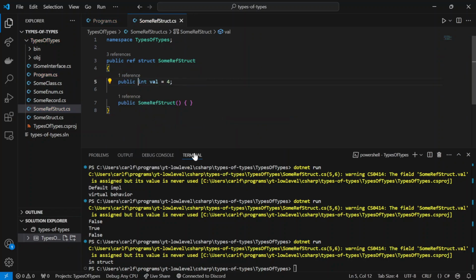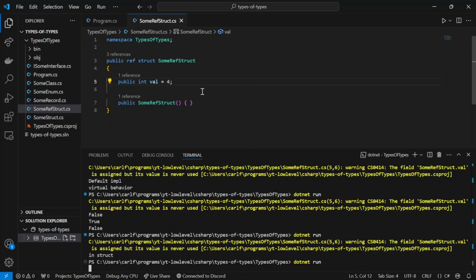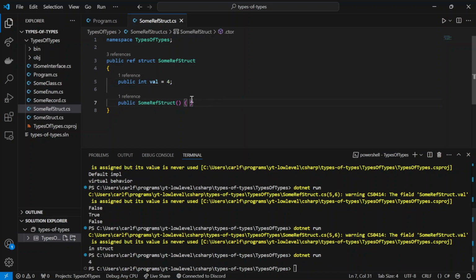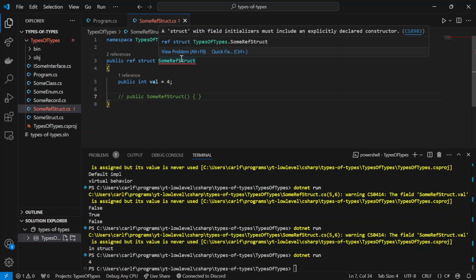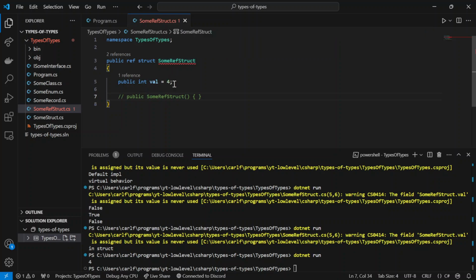And you'll notice I have an empty constructor in here. The reason for that is, if I comment this out, the compiler actually requires you to explicitly declare a constructor if you're going to have some field initializers for any type of struct, whether that be a ref struct or not. I'm not exactly sure why they want you to do this, but I think the reason is that normally